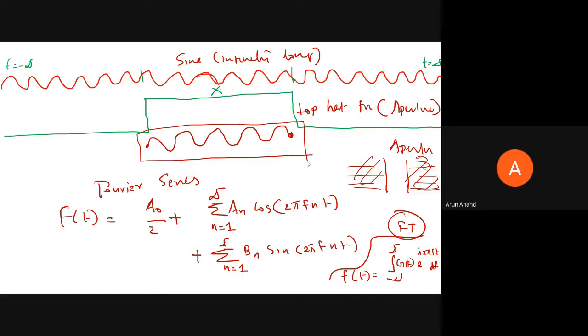Let's say this is time t equal to t prime and t equal to t double prime. Within t prime and t double prime, you can say it is periodic. But before t prime and after t double prime, you don't know what the signal was. So you cannot say it is periodic. After that, you don't know whether it is going to repeat, whether the frequency is going to change, or whether the amplitude is going to change. You don't know. Clear? Okay, let's go ahead.